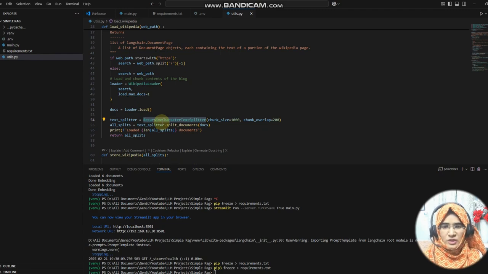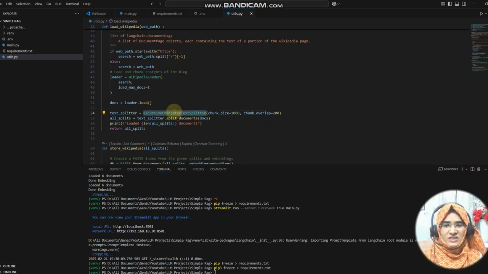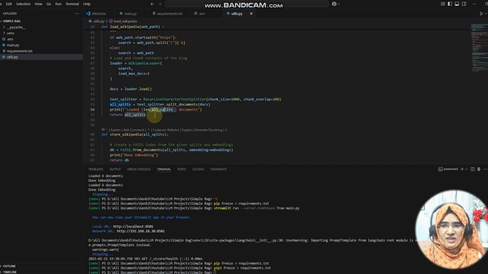So this is the whole scenario we are doing with the content that we are providing, or that we say you need to load, right? We are just defining this recursive character split, and passing the document that we loaded into that split, and that split gives us the idea of how many documents it actually split. We will see that in the console when we run this code, how many documents it loaded, right? So yeah, that's it, and we will return all the splits.